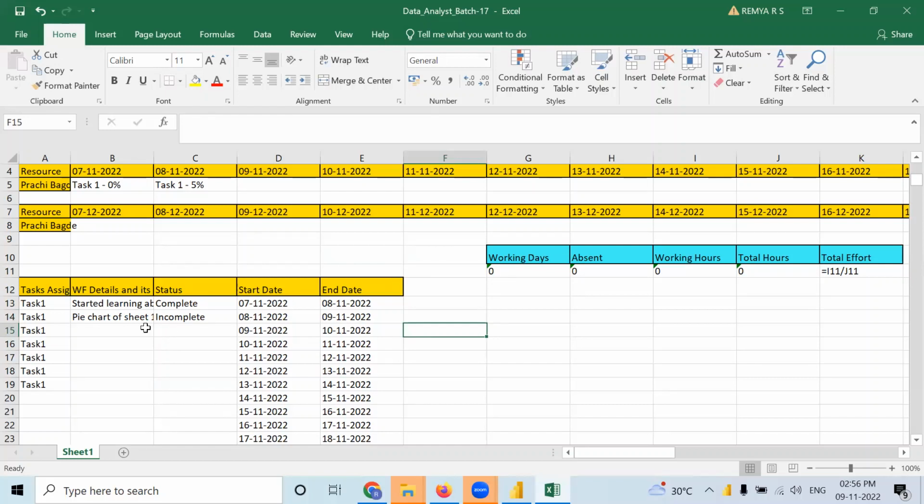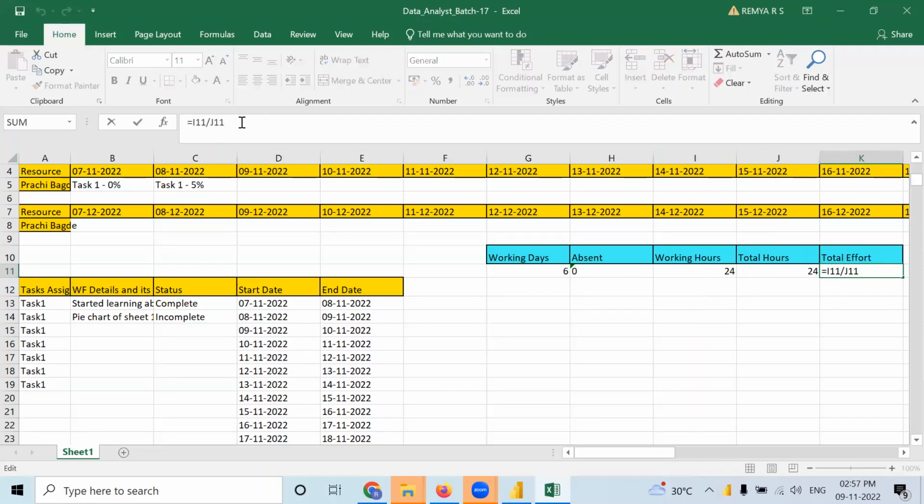Okay. And for example, everything is written over here for all those 7 days. Then working days are 6 only, right? Yeah. And if you were not absent any day, you can mark it as 0 itself. And the number of working days will be 6 into 4, 24. Since you were not absent any day, that means 24 itself, right? Yeah. Now here actually the percentage should be calculated like 11 divided by J11. It should come actually.